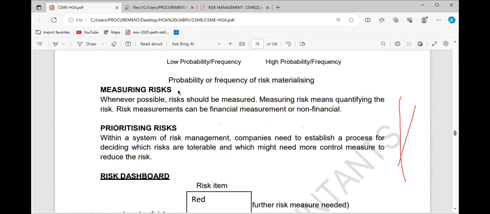Now, don't forget identification of risk. After the identification, what are you going to do? You assess the risk. After assessing the risk, you now measure the risk. Now, whenever possible,